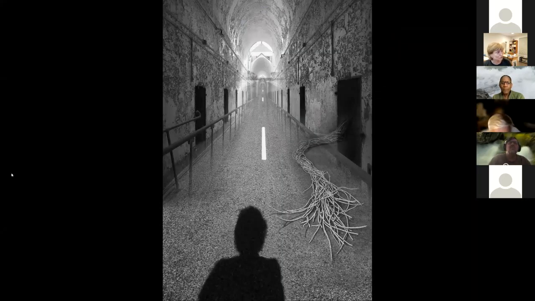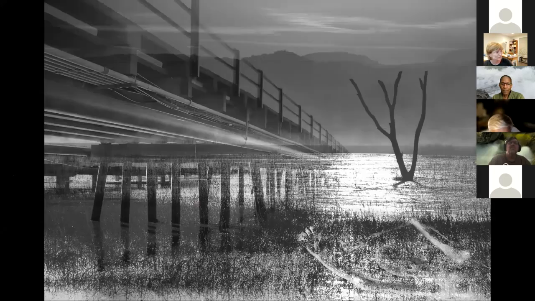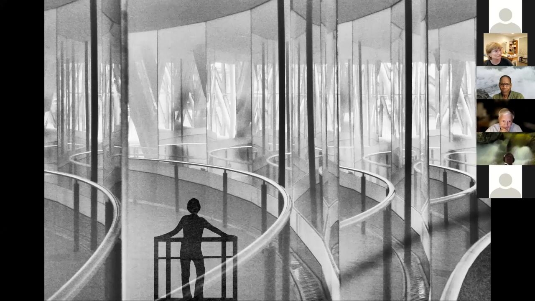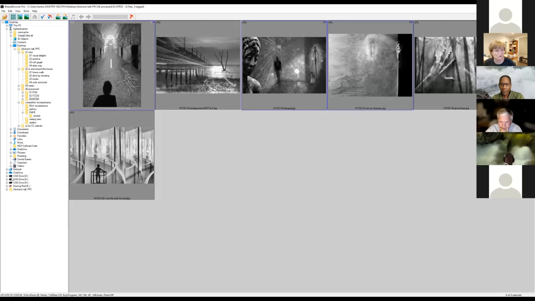This one is called We Are All on a Journey Toward Death. This one is The World Moves On. This one is called My Body Has Betrayed Me. This one is We Are More Than Our Diseases, and that's a self-portrait. And this one is Will I Be a Ghost of My Former Self? I See the Path Forward. And that's it. So that's kind of a depressing series to end on, but